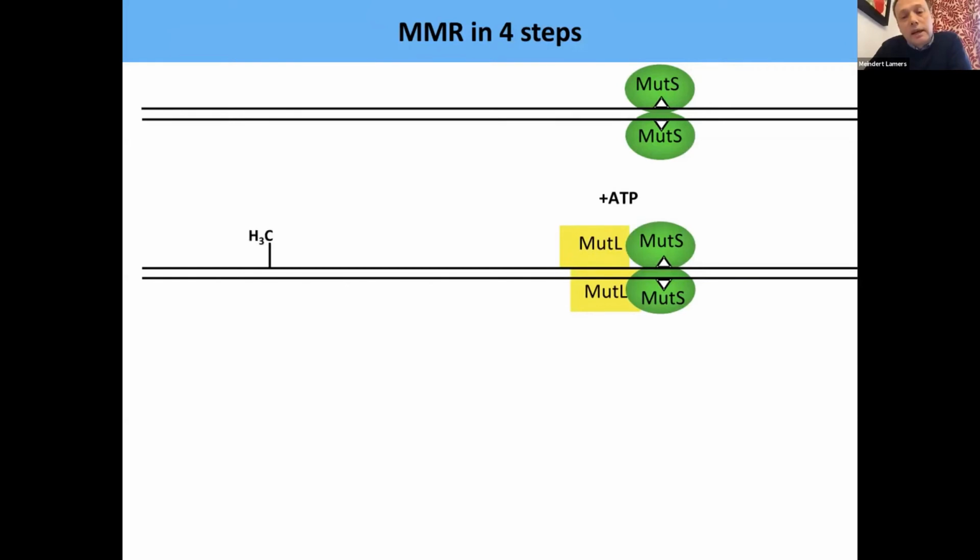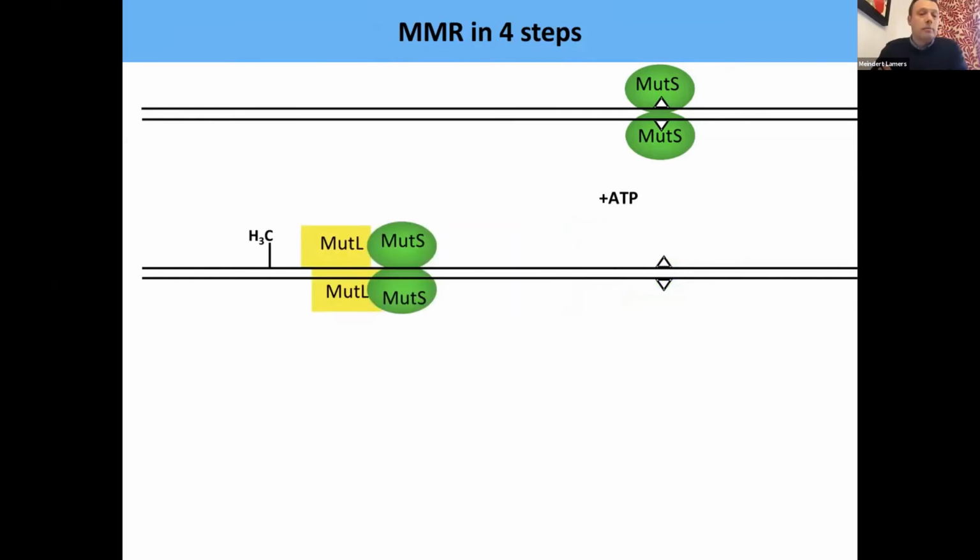Then together, MutL and MutS will then search for the strand discrimination signal, which in E. coli is a methylation site, or GATC sites that are methylated. And so in a brief time window between DNA synthesis and methylation, at these sites, you will find the template strand being methylated, whereas the newly synthesized strand is not methylated. And this is the signal for a third protein called MutH to be activated by the MutS-MutL complex and incise